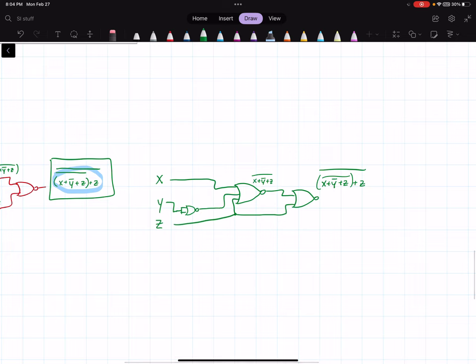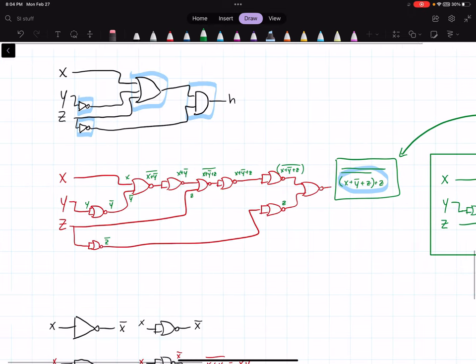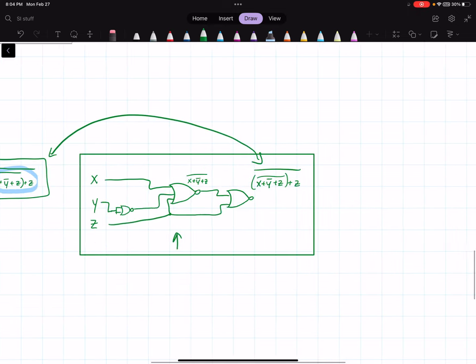As you can see, they are equivalent. And this circuit here is our most simplified version. As you can see, it only uses 3 NOR gates compared to all these. And that's